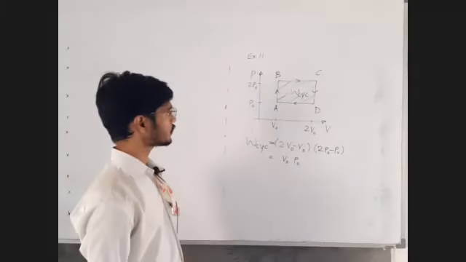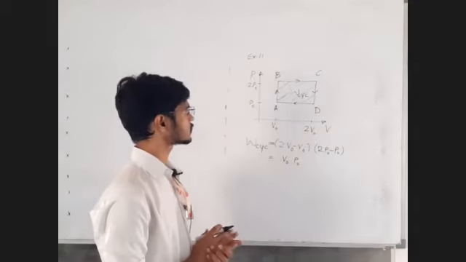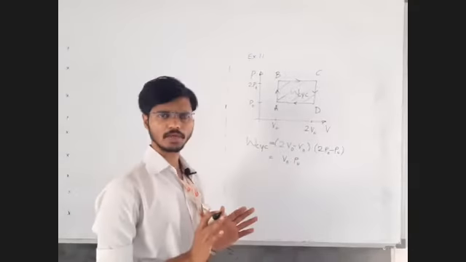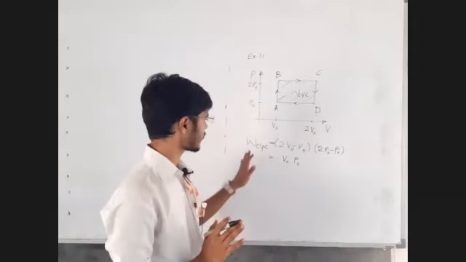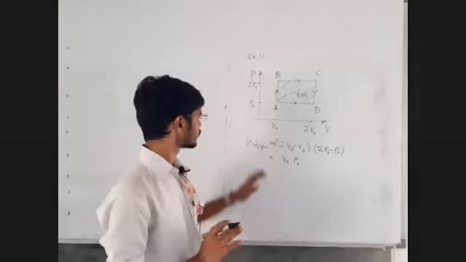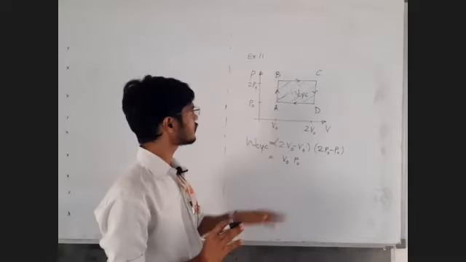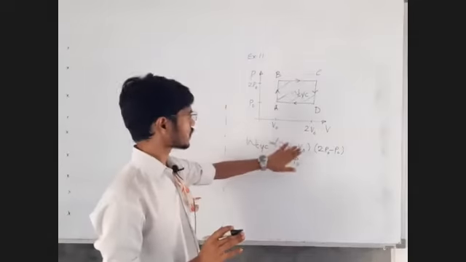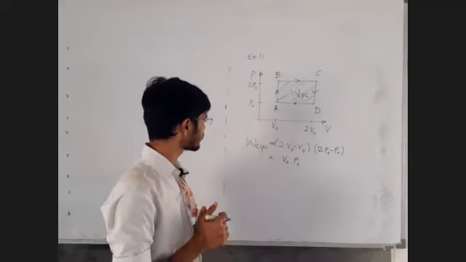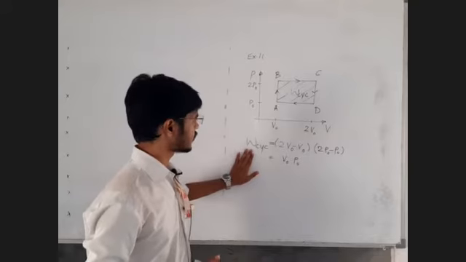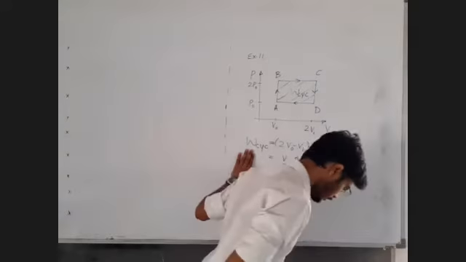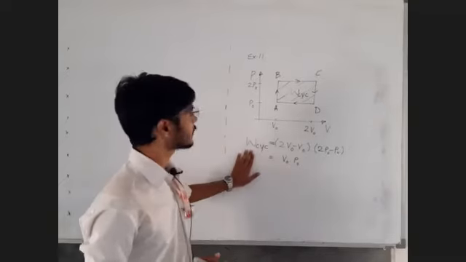Now, sir, this is going to be a numerical value. Whenever we find the area, listen carefully. We are not using any direct formula. When we use a direct formula, we don't have to care about the sign of the work done. But whenever we find the area, we generally find the numerical value, and then we have to decide whether to write that numerical value as positive or negative. So in the given diagram,